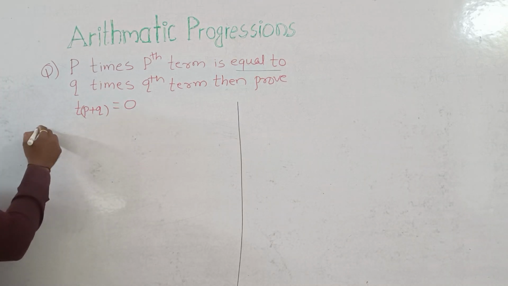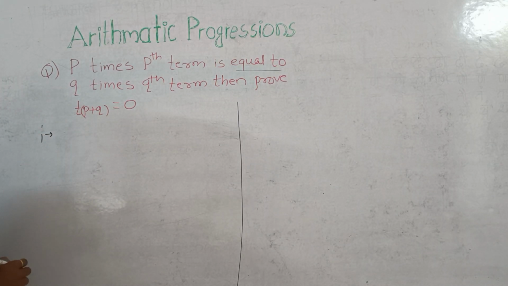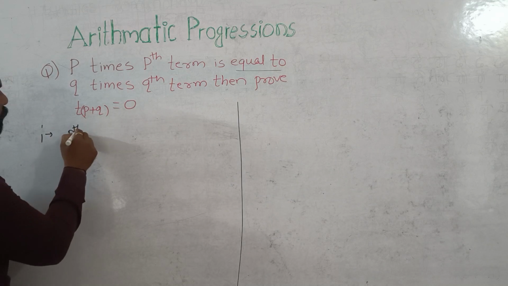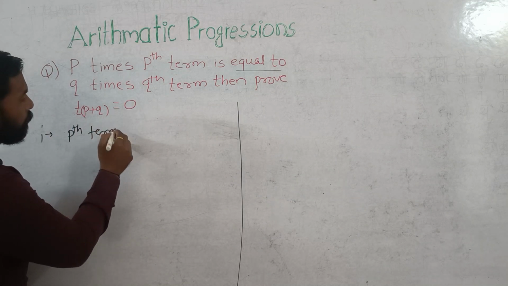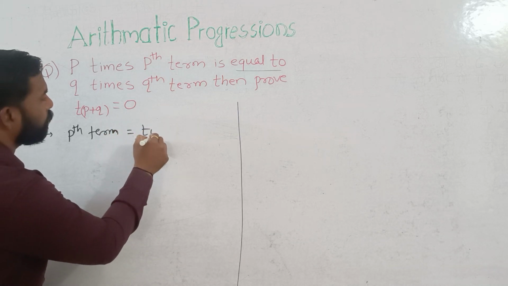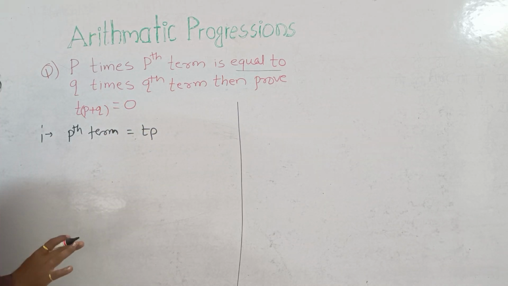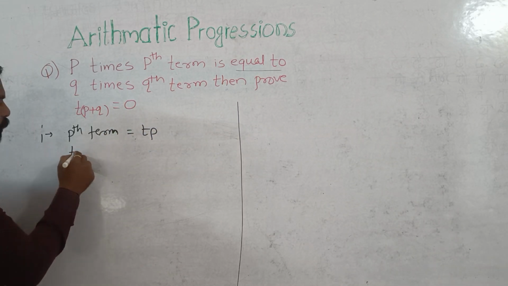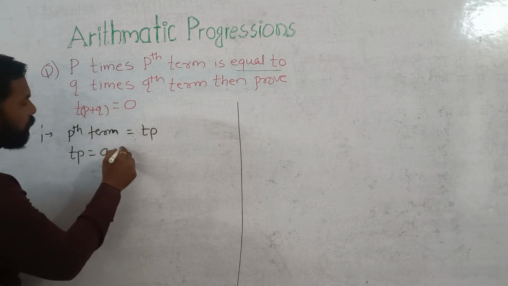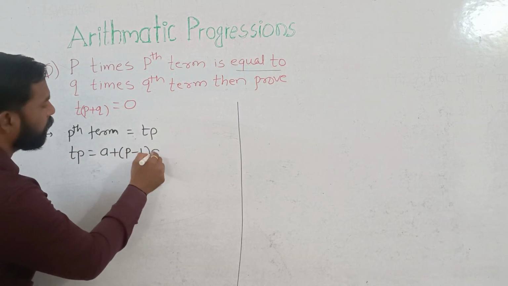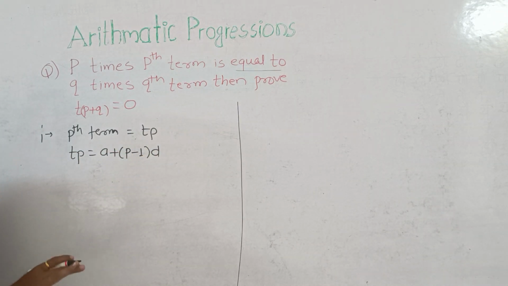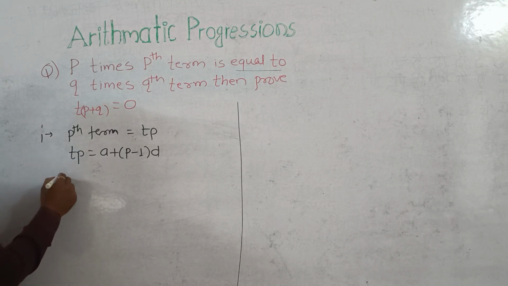Now, p times the pth term. What is the pth term? If I want to write the pth term, it is Tp. What is the formula for Tp? I can write a plus (p minus 1) into d. This is it. But what if it is p times